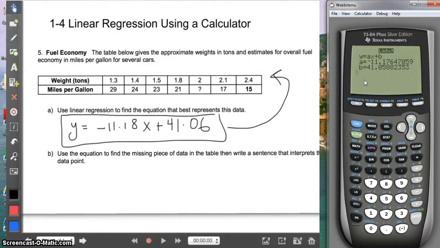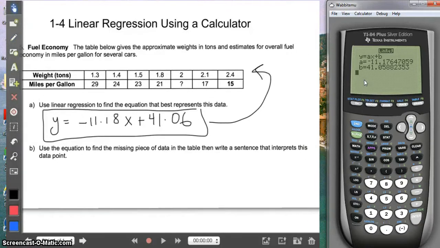Now let's move on to part B. Use the equation to find the missing piece of data in the table, then write a sentence that interprets this data point. Now, basically, you have to find the missing data. As you can see, 2 is given, Y is not given. So, Y equals negative 11.8. You plug in X, which is 2, plus